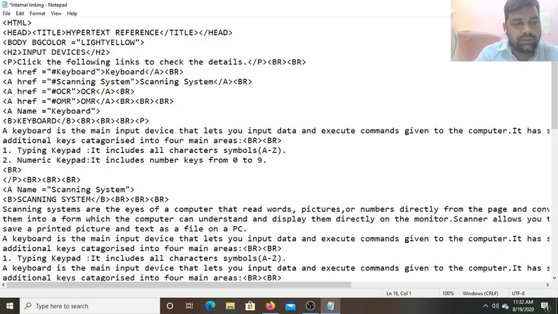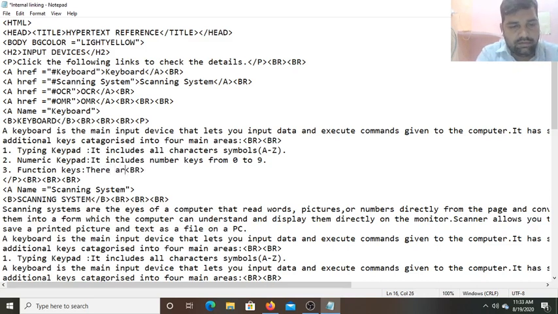Some third one also we can write. In the third one you can see function keys. Which type of keys? Other keys on the keyboard are function keys. So we can also write the function keys, and we can put the colon. There are 12 function keys which perform special tasks. How many keys are there? 12. So that also we can mention here.